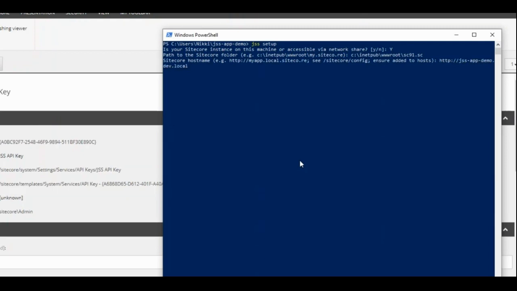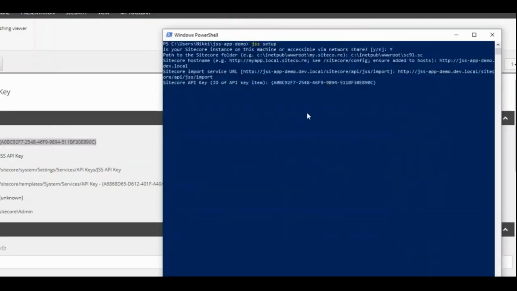Host name I have given, and import service as JSS app demo, local Sitecore API JSS import, and the API key. I am providing the API key copy.